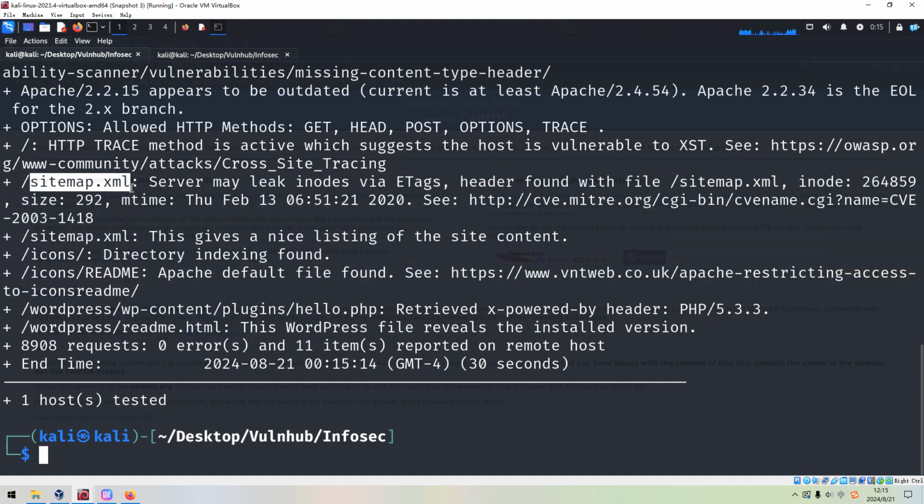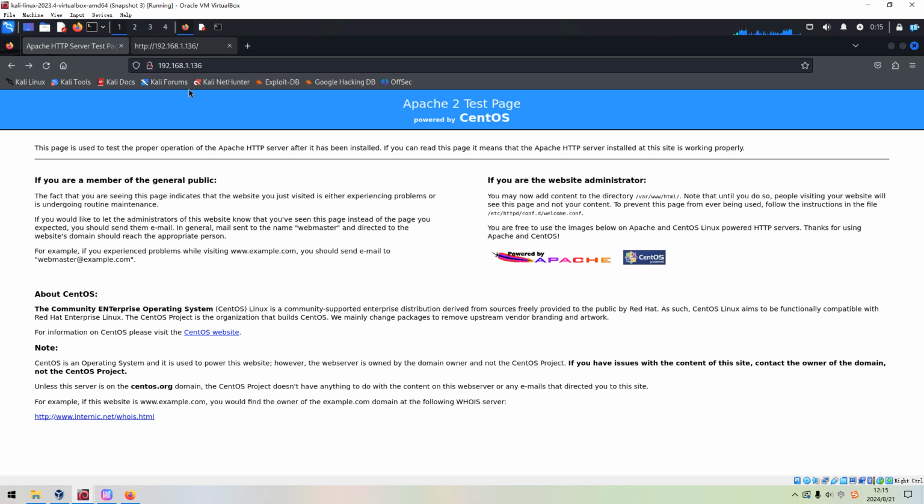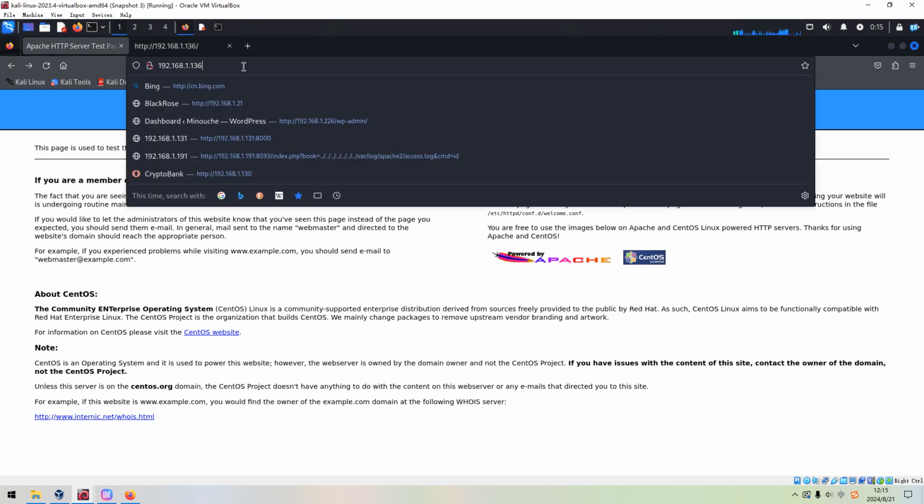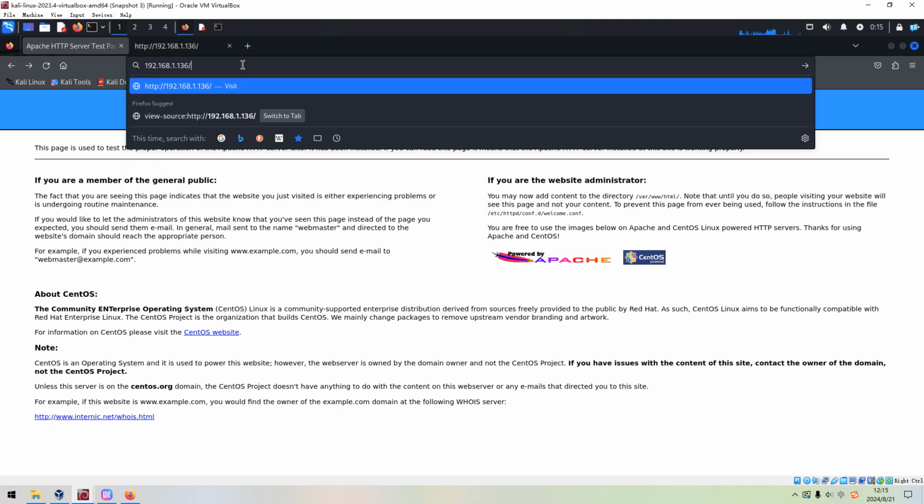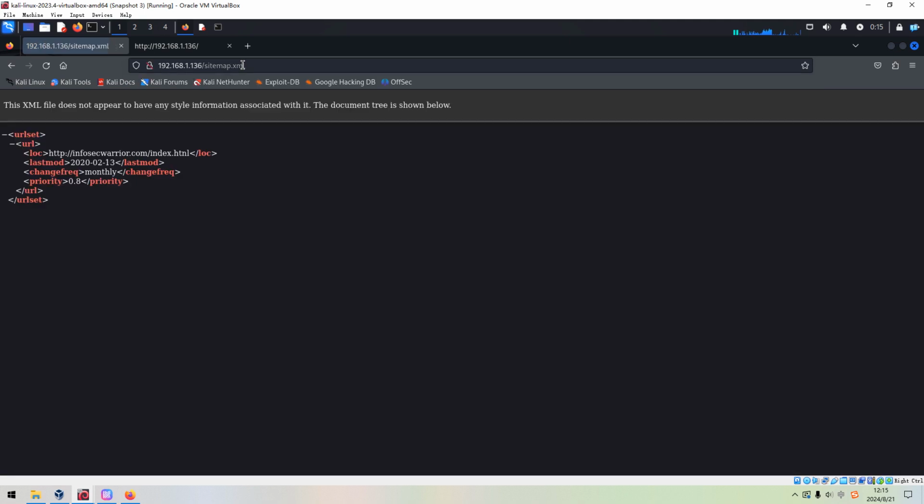This file is very important when we do web application enumeration, and can give us the map or some functions provided by the site. We can open it here. And this is the XML file and URL.